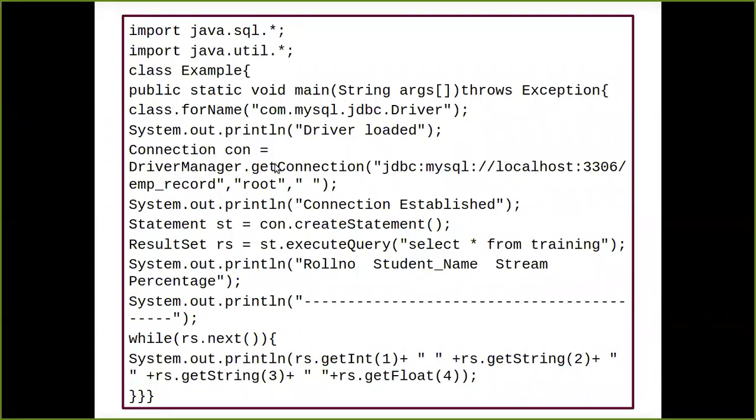Okay, next is your statement class, which we have studied today. That was the statement where I am going to create an object. Always remember, whenever you create a new class object, you use the previous class object to invoke the methods of that class. So I have the connection object as con. In the next class, the statement class, I'm going to create its object first, and I'm going to use the previous class object, that is con, the connection class object, to invoke one of the methods of the statement class.